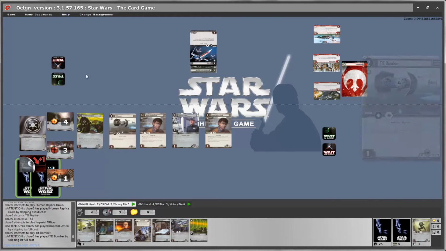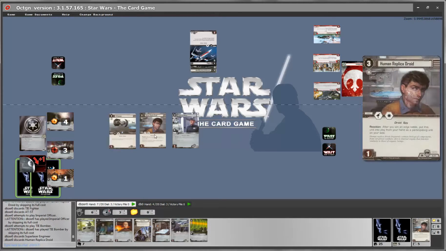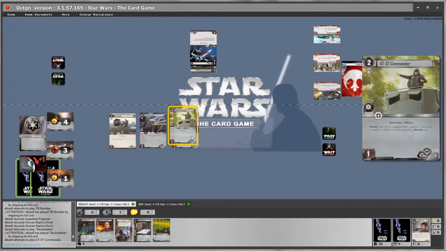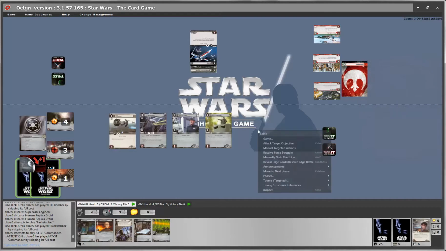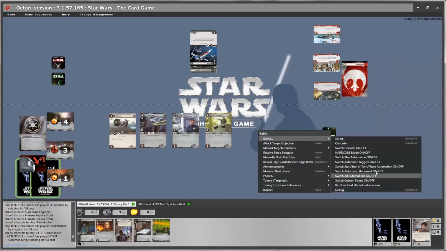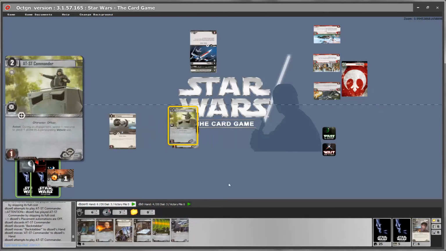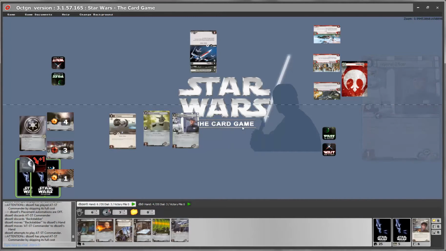So automatic placement basically, first of all, places the units in an easy to see location, in a location that makes sense according to the designer. And afterwards, as units are leaving play, new units automatically replace them in their positions. So once you've set up the position that you want your units to sit in, then automatic placement allows you to keep placing in the same location. If you disable automatic placement, then new units will always go and stay where they are, so you always have to move them manually where you want.